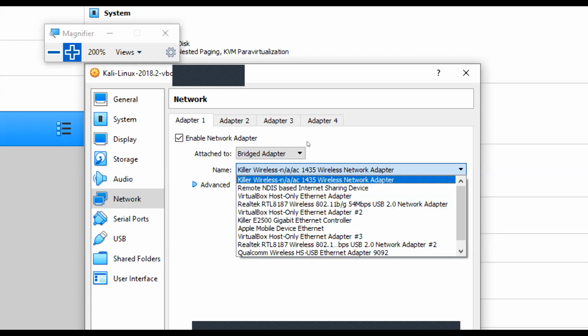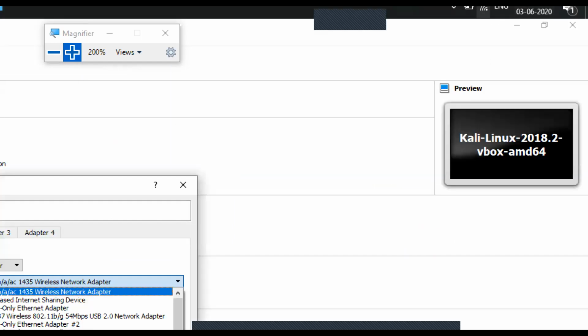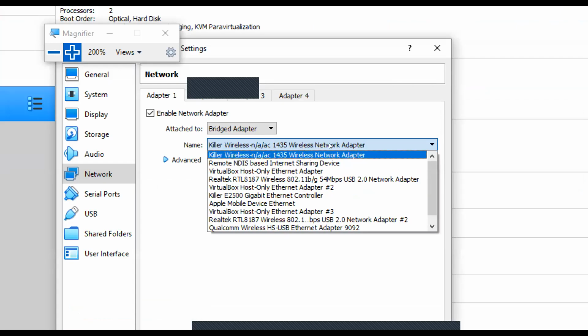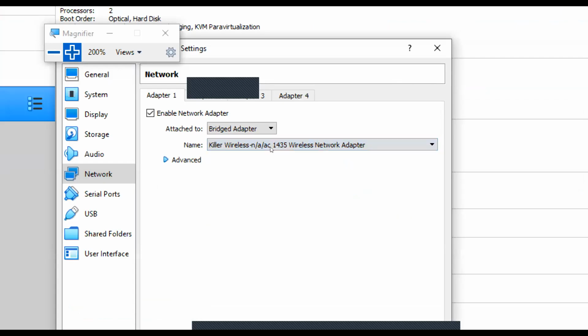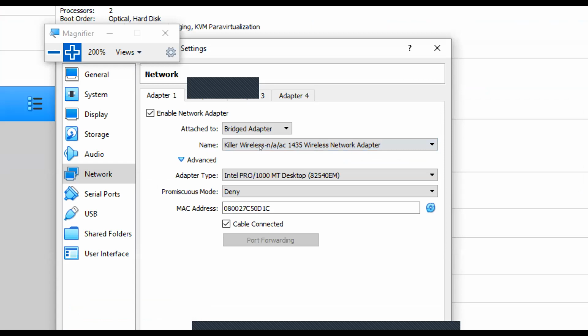And if you are using a wireless network like Wi-Fi, right now I'm connected to Wi-Fi over here, so that's the reason I'm using a wireless network adapter. After that, I need to go with advanced and go with allow all. So what is this promiscuous mode and why do I need to go with allow all? Promiscuous mode allows the network interface card I have on my machine to collect all the network data.